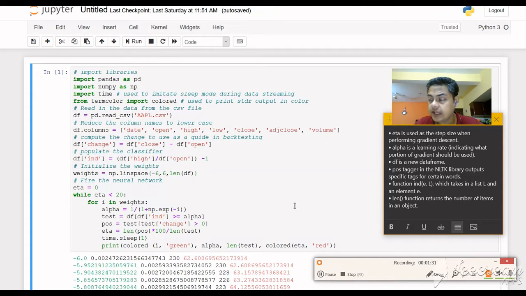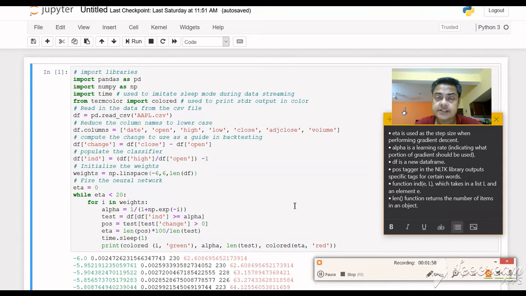So if too much gradient descent happens, that means the delta of descent is very high, then we can quickly come to a point where it is local minima. But if it is very low, then we will take a lot of time to come to the local minima. So we have to come to a middle level, a middle path, where it is neither very high nor very low. It's kind of optimum. That's the concept of eta.